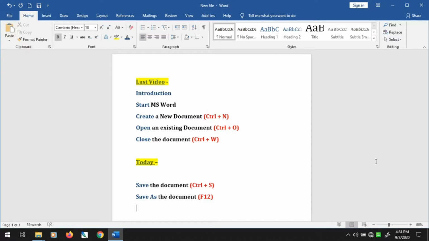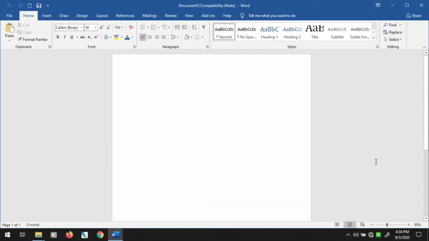Let us first create a new file by using a shortcut key which I told you earlier: press Ctrl with N on your keyboard and it will create a new file. I'm just pressing Ctrl with N. Yes, so here we are with the new document with the title name Document.